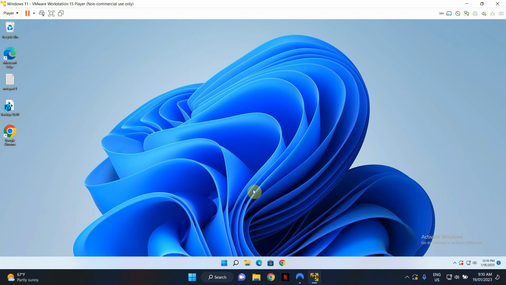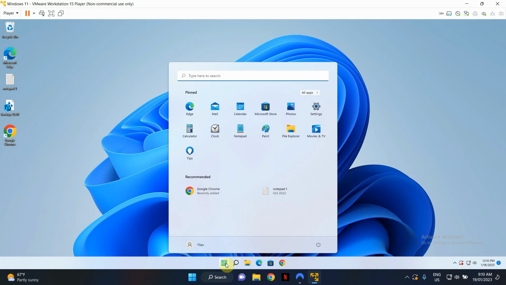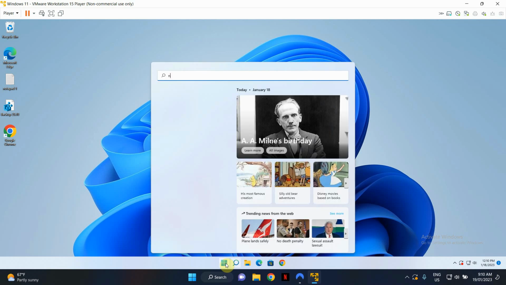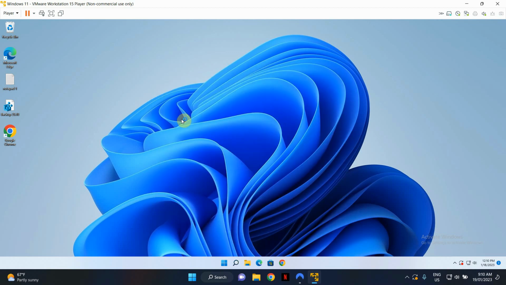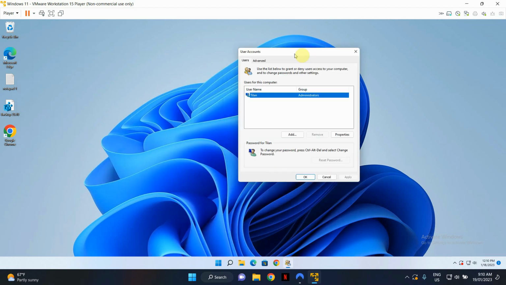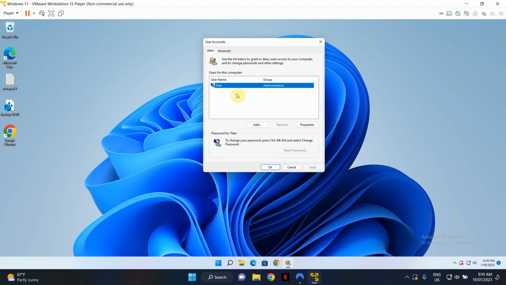Log into your computer as per usual and click on the start icon. Type this command, netplwiz, and you will see this option here. Click on it and it will open up this window which will list all the user accounts in your computer. So you have to click add to add a new user account,